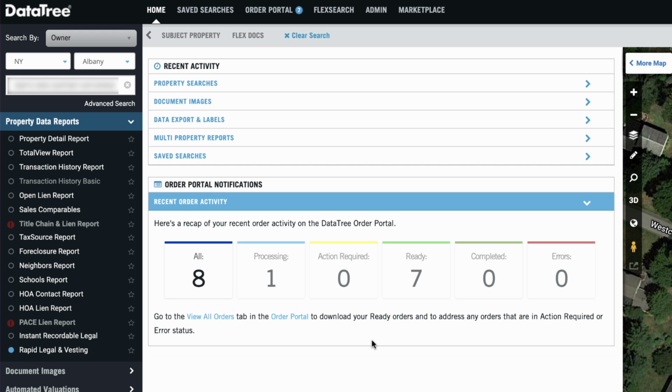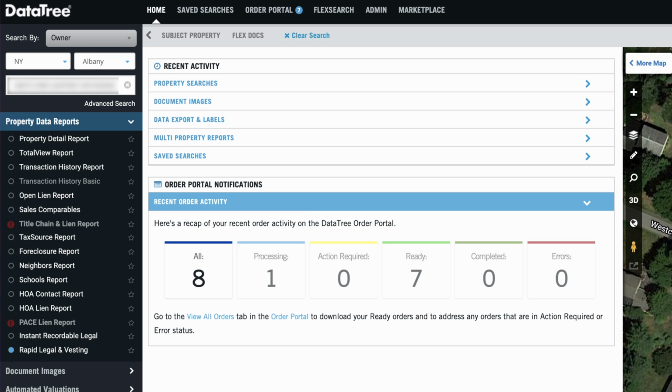And once we place an order on any of these kinds of reports and go back to our home screen, we can see a little overview down here of how many things we've ordered, how many things are ready to review, and how many things are currently processing. So the one that we just ordered is this one that we're seeing here in the processing stage. And while we're waiting on this, I'm just going to point out a couple other things.